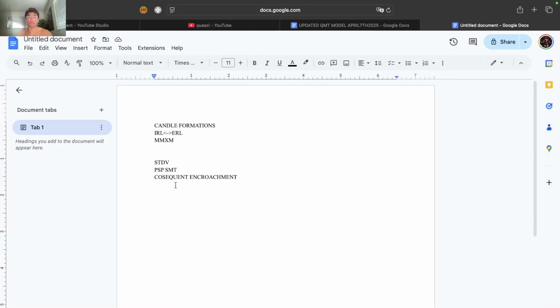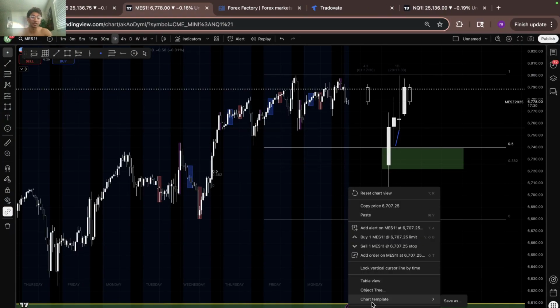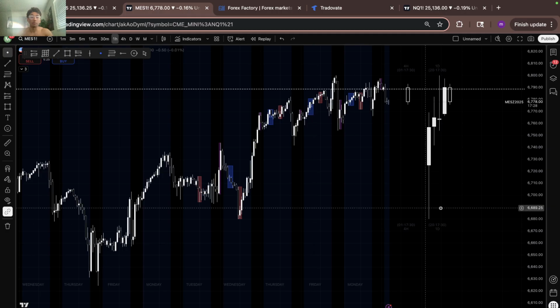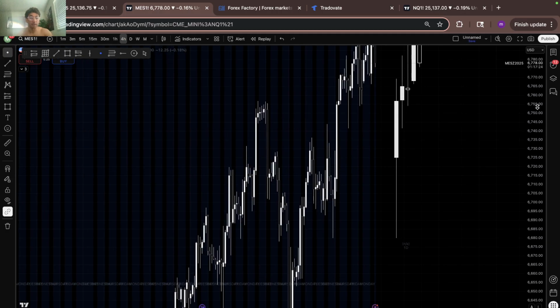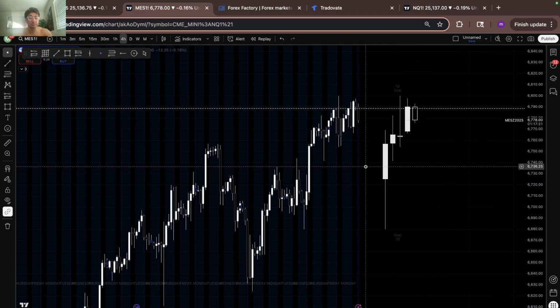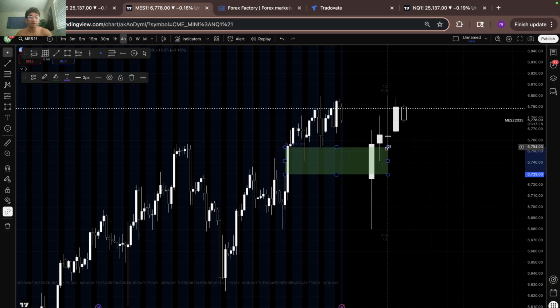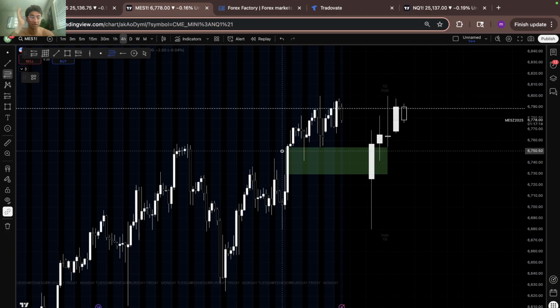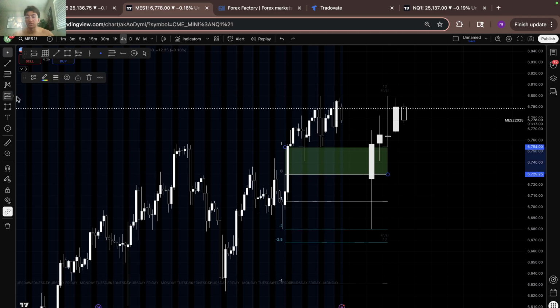The final confluence I use is consequent encroachment. And this is very important because it just gives you a much better understanding of the markets. This can be used in multiple ways, right? The main way I use it is from wicks, but you can also use it off of PD arrays, right? And all consequent encroachment is 50% of a PD array. So like this,